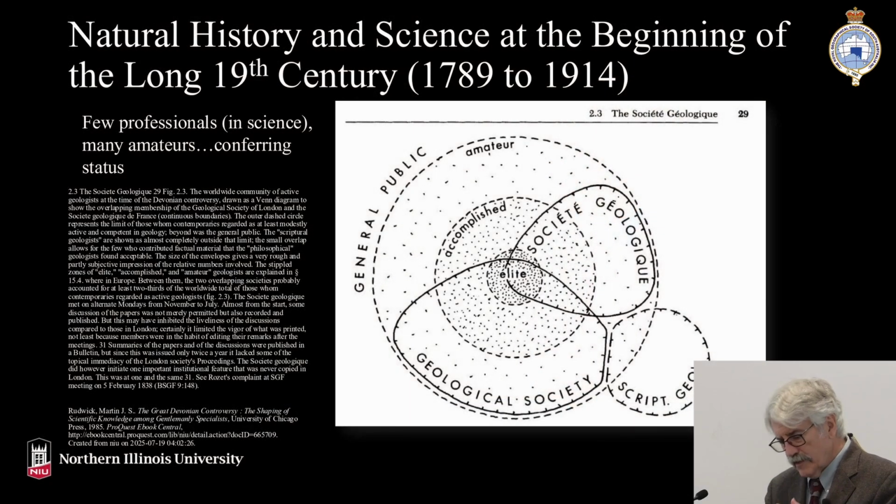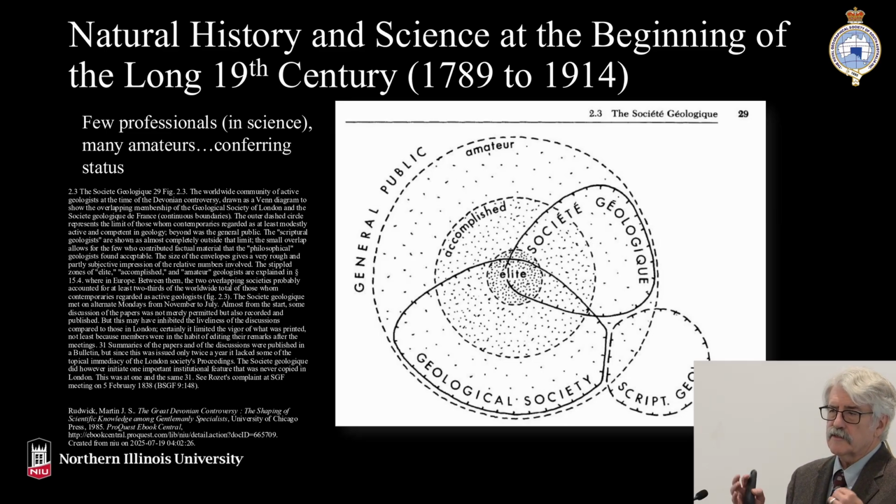All right, so I throw this in here. Another way to look at this, I don't know if any of you are familiar with the Great Devonian Controversy. It's a great book, okay? And it talks about the argument about what people were observing about certain strata in Devonshire, on the west coast of England. They knew about Silurian and some other layers, but how do we come up with a Devonian period? So he basically talks about the process of making science like Latour talks about. It's a little different, but he talks about this.